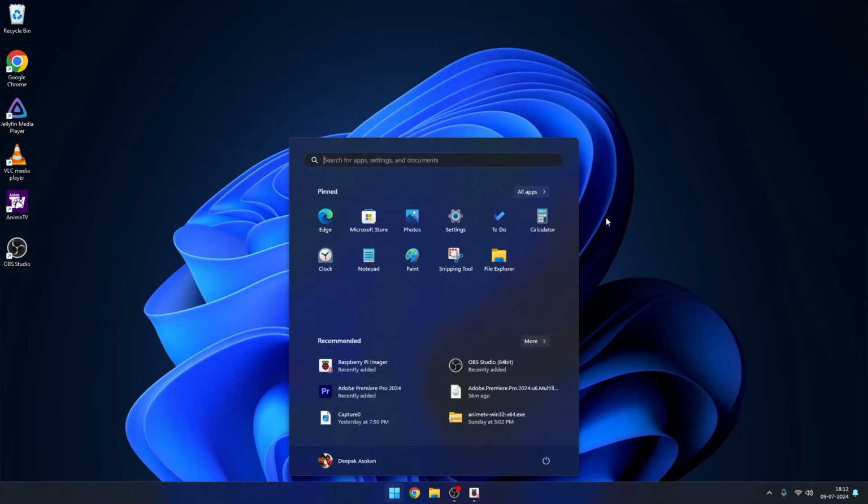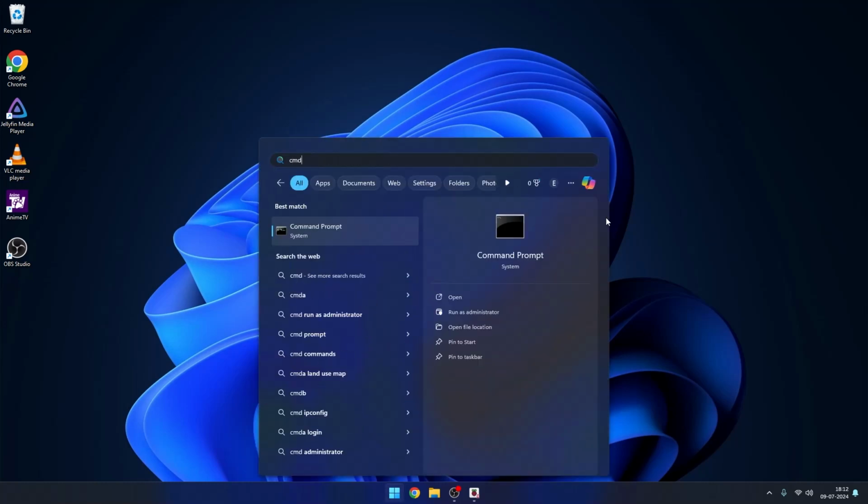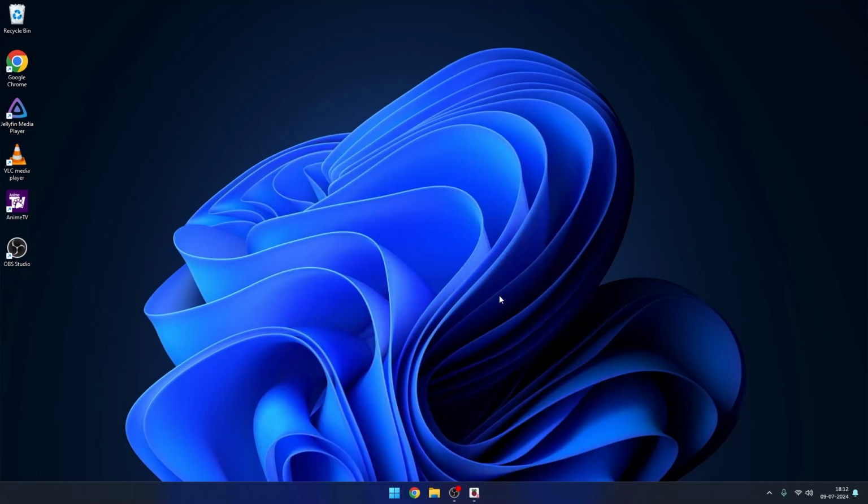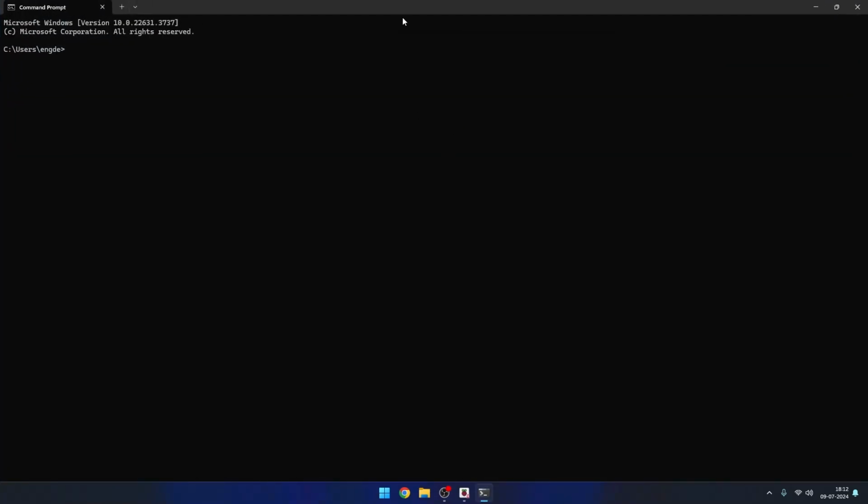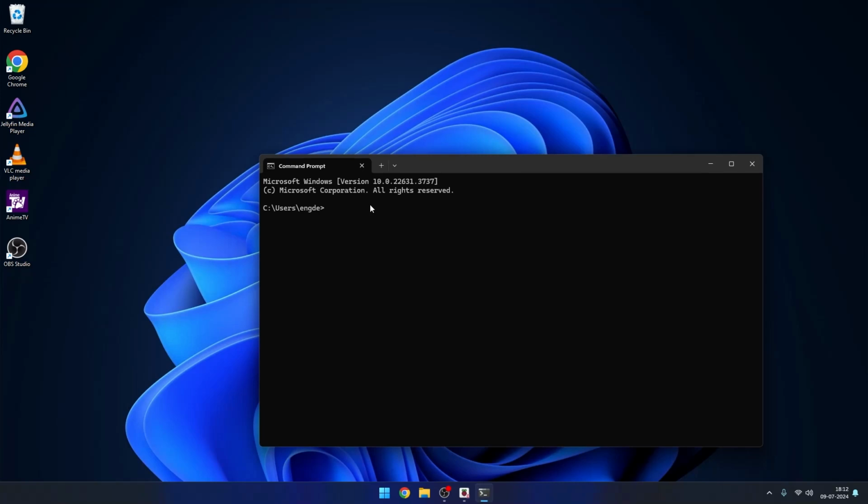We have to open command prompt, type CMD and open. In command prompt, we have to connect to the device via SSH. For this, we need to know the IP address of the Raspberry Pi which is now connected to the Wi-Fi. You can use certain tools such as ping tools, or you can log into your Wi-Fi router settings to find out the IP address of the device. I know my IP address to be